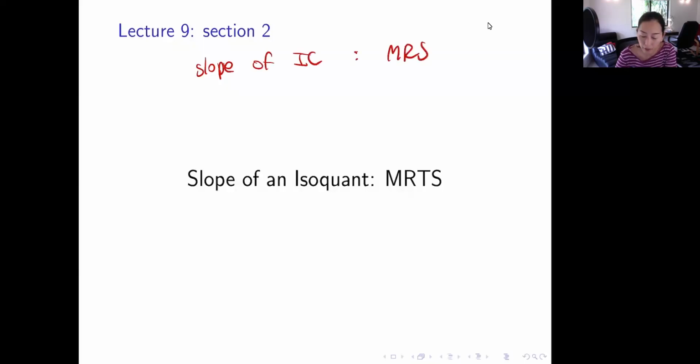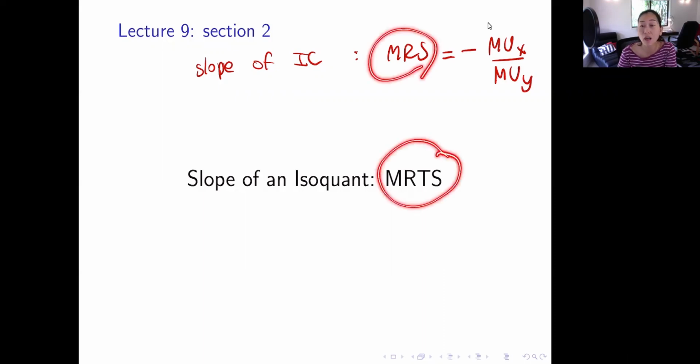And we know that this MRS is equal to negative MUX over MUY, right? Similar to isoquant, instead of MRS, we call this MRTS, or marginal rate of technical substitution, which is